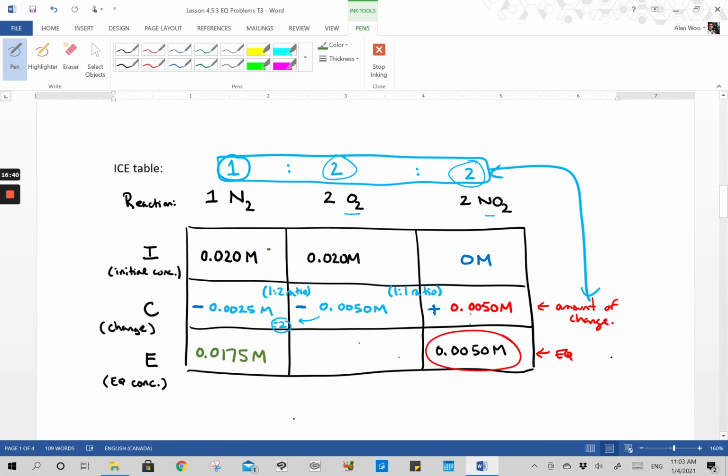Okay, so remember, when you're reading it down like this, you're subtracting. Okay, so we can do the same thing for oxygen. We take the initial amount, 0.020, and we subtract 0.0050. Okay, that's going to give us 0.015